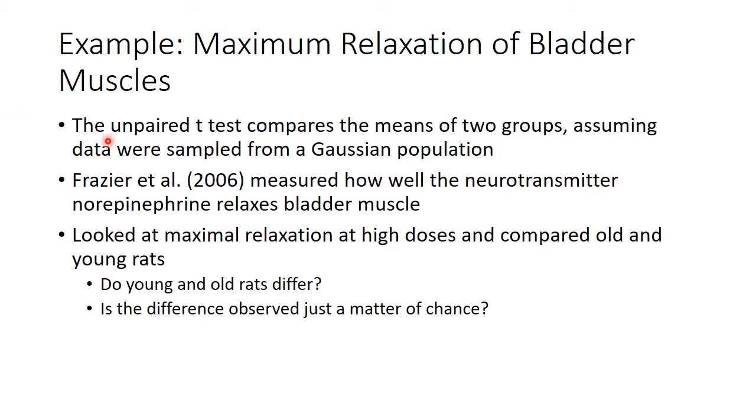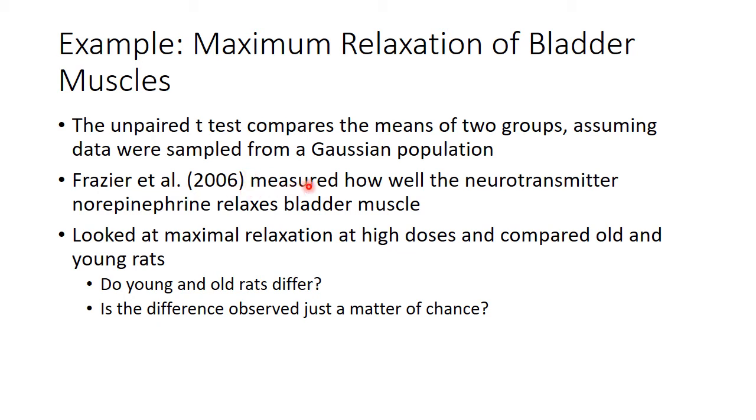And so basically, unpaired t-tests are going to help us compare the means of two separate groups. Okay, and we're assuming that the data we're sampling from is from a Gaussian population. Again, this is an example of a parametric test, which means that we're sampling from a Gaussian or normally distributed population. And so the data we're pulling from is Fraser, a study done in 2006,